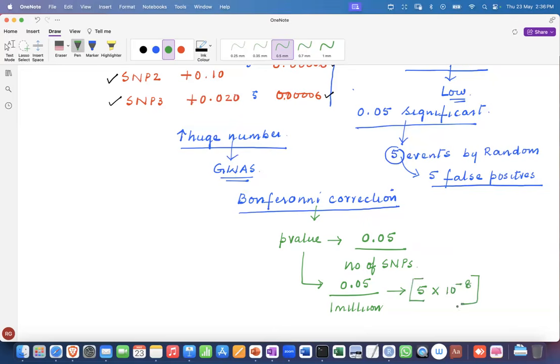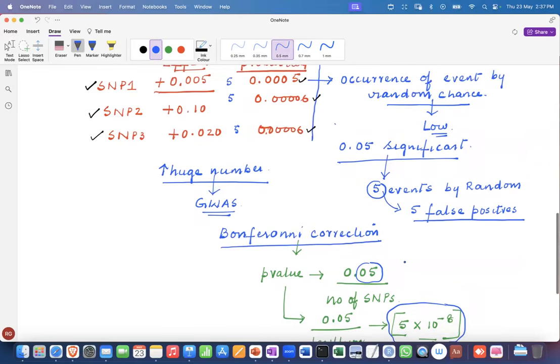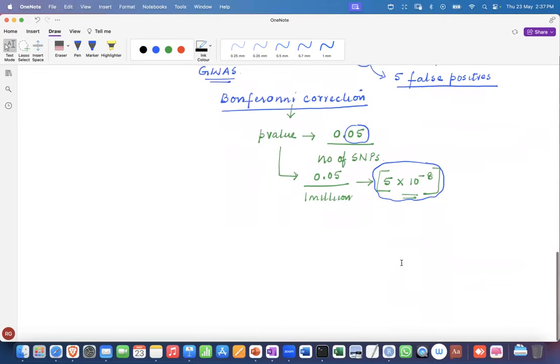Look at this now: initially you considered 0.05 as your cutoff, and now look at what your cutoff is after Bonferroni correction. Is that clear? This is mainly because of false positives that would increase in your GWAS analysis as you proceed SNP by SNP. And to have true positives, you will only have to consider those SNPs that have a higher significance. Assuming that all of you have understood that,